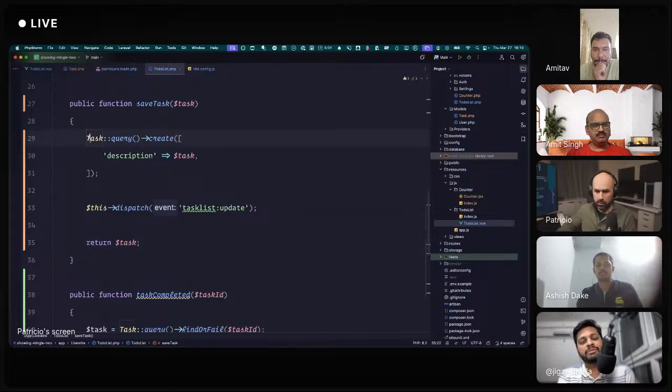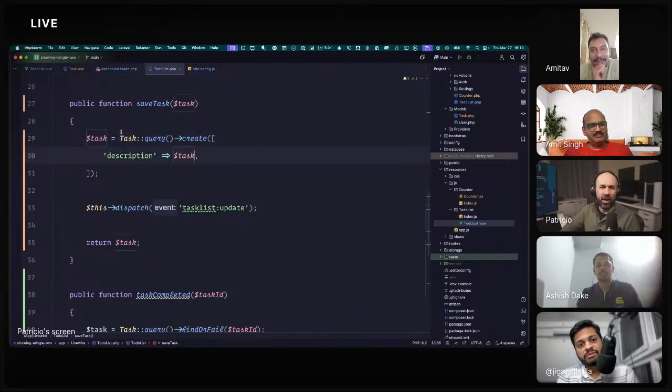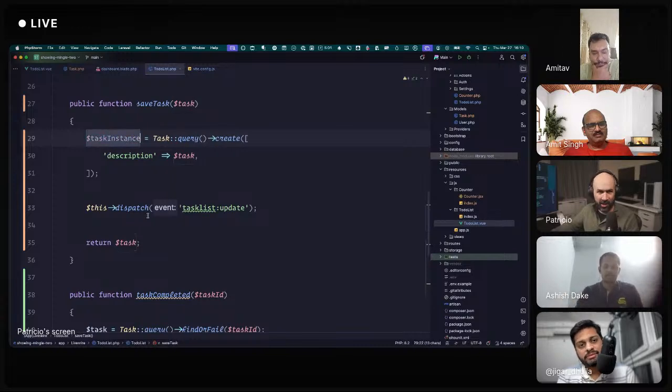No. Okay, sorry, it was to see if you are paying attention. And also task is conflicting. I think it would override, it would work, but yeah, I agree, it's confusing. Thank you. All right, so we return the task model instance.